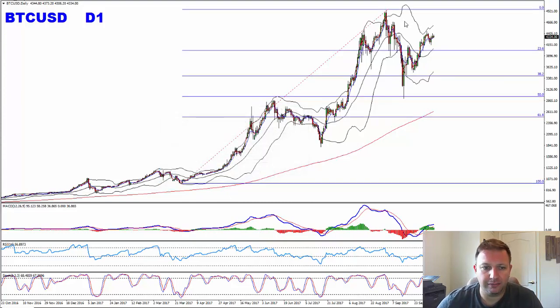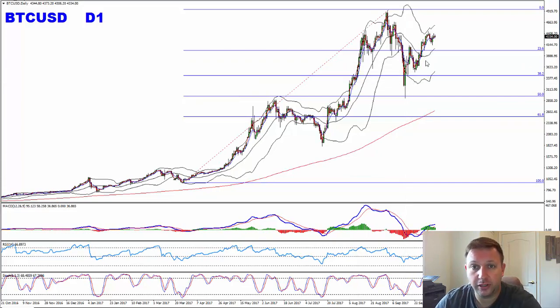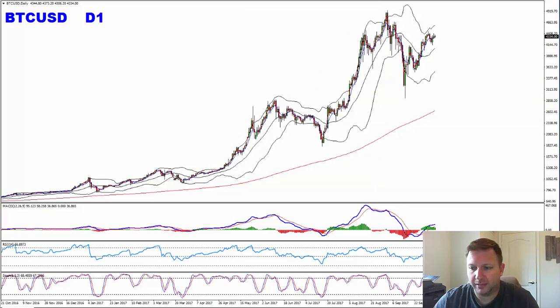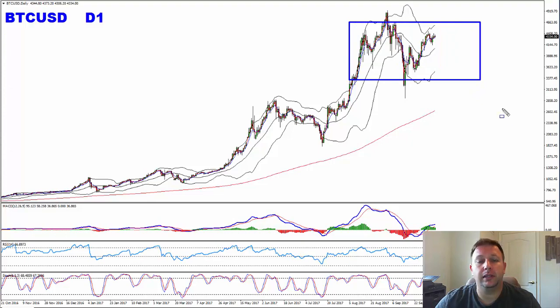Okay, we have this double cycle, and the 38-50% was reached. We have one false break on the top, one on the bottom, which means there is a great chance that this is going to be the range for a while. And from my point of view, while we are in this range, the tops around 46 to 5,000 are a psychological level that could affect a move down, and alternatively every 2 waves down could be provided as a buy